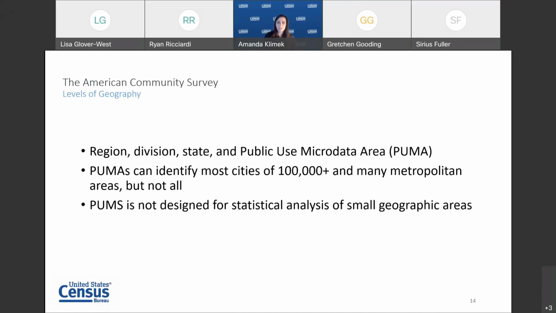We can put the region, division, and state on the file, but the only other geography is something called a public use microdata area, or PUMA. PUMS is not designed for statistical analyses of small geographic areas, but PUMAs can still be used for focused analyses in counties and cities of 100,000 people, as well as many metro areas. So I'm going to show an example of this shortly so you can get an idea of what PUMAs entail and what you can use them for.